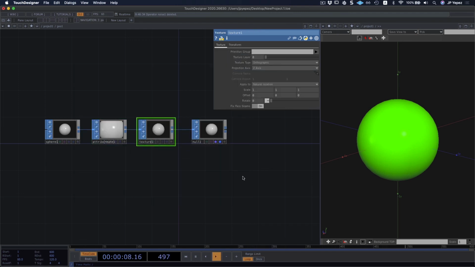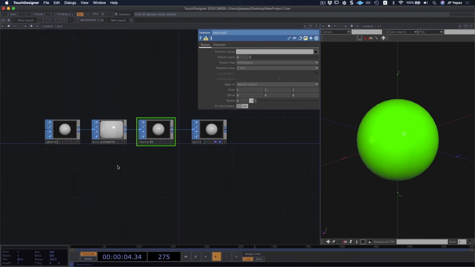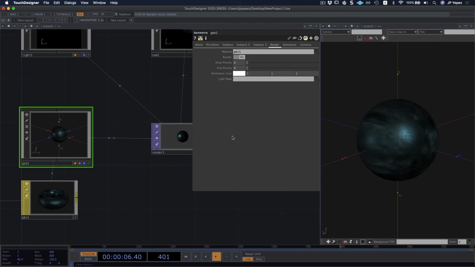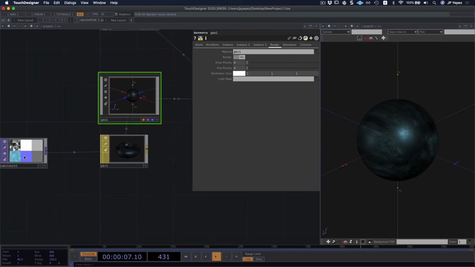So we can see that our material starts to look better and better, particularly once I add the tangents, because the texture has a better idea of how to apply the lighting and how my material is gonna react to my environment.